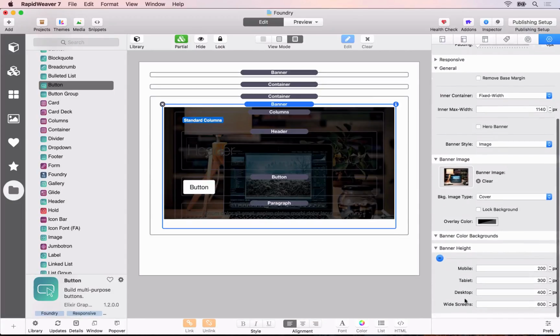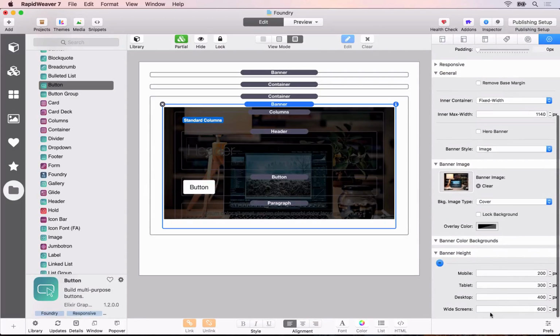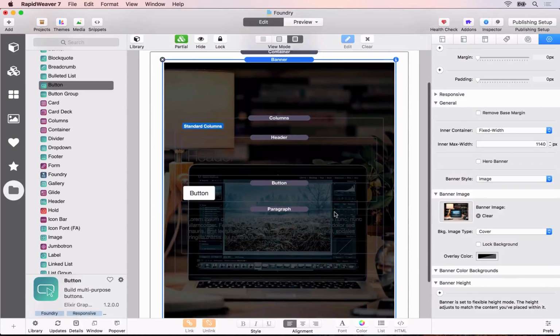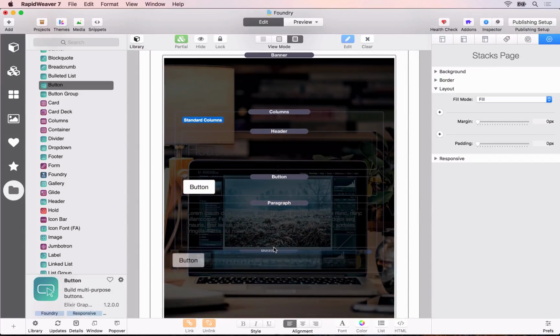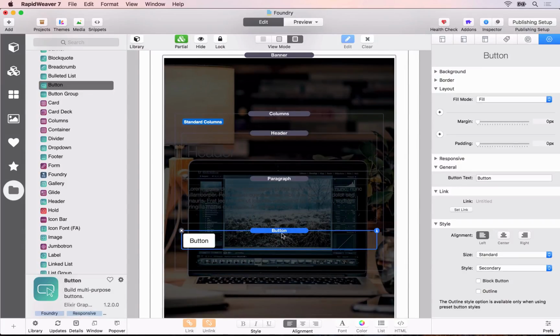By default there is a fixed banner height here, and you can see you can adjust that on the different mobile devices or different devices. However, what we want it to be is flexible, so it will adjust to the content inside of there automatically. Okay, so we'll drag the button to the bottom of the banner area, and then what we need to